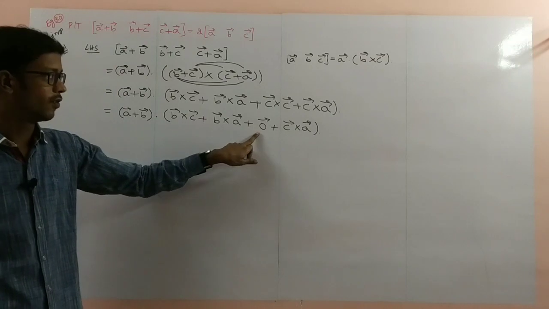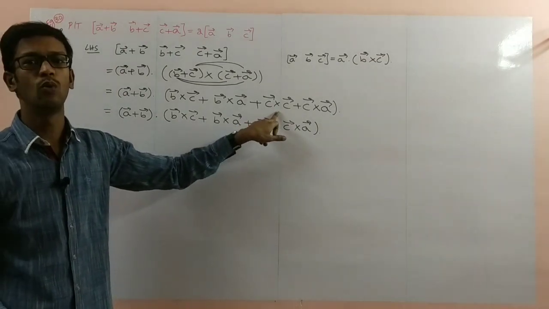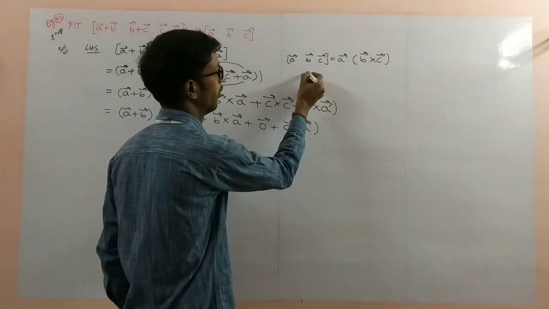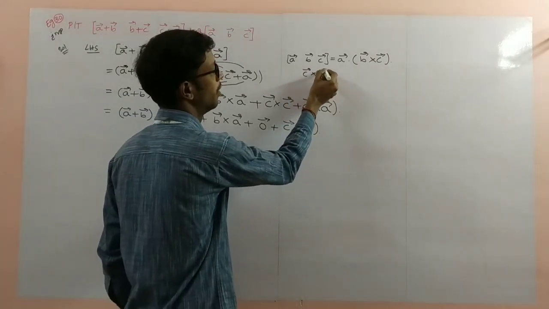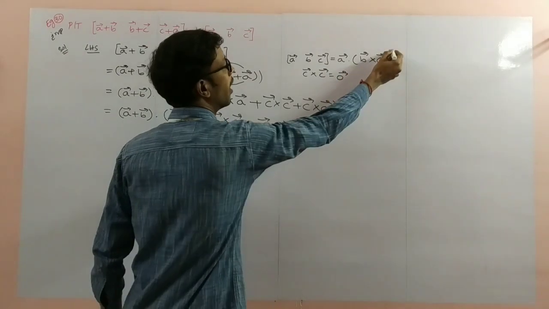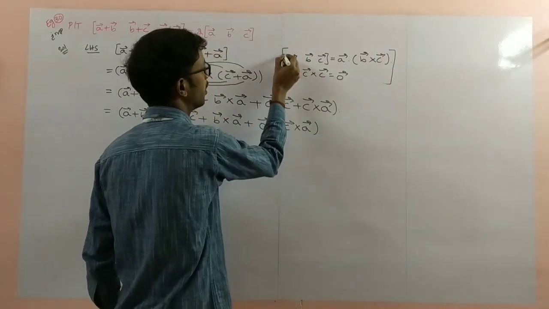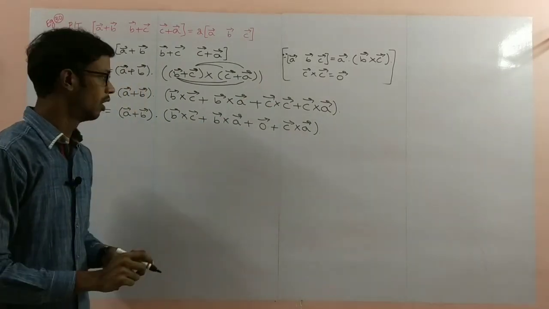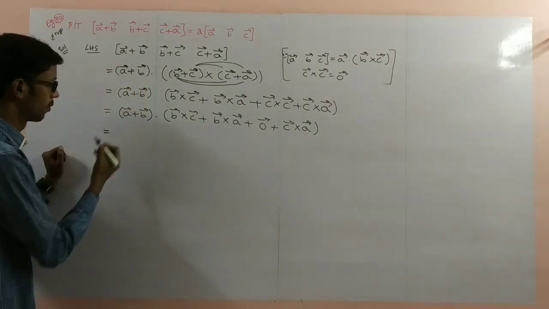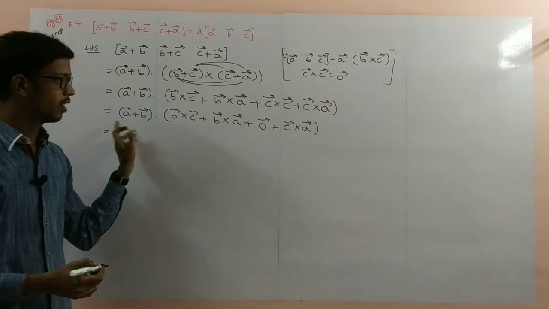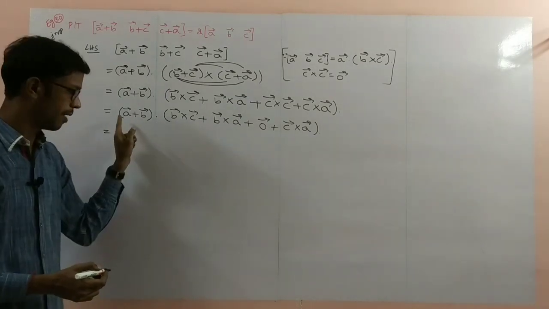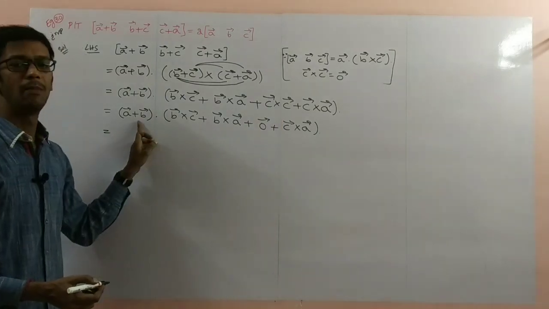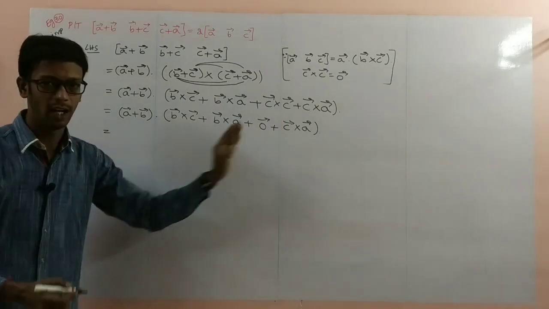Why are we writing this? The cross product of two same vectors is the 0 vector. We have to note that point: C bar cross C bar equal to 0 bar. These are the conditions. Using those formulas, now the dot product of this total bracket: same to same, A bar with the total bracket multiplication, B bar with the total bracket multiplication.